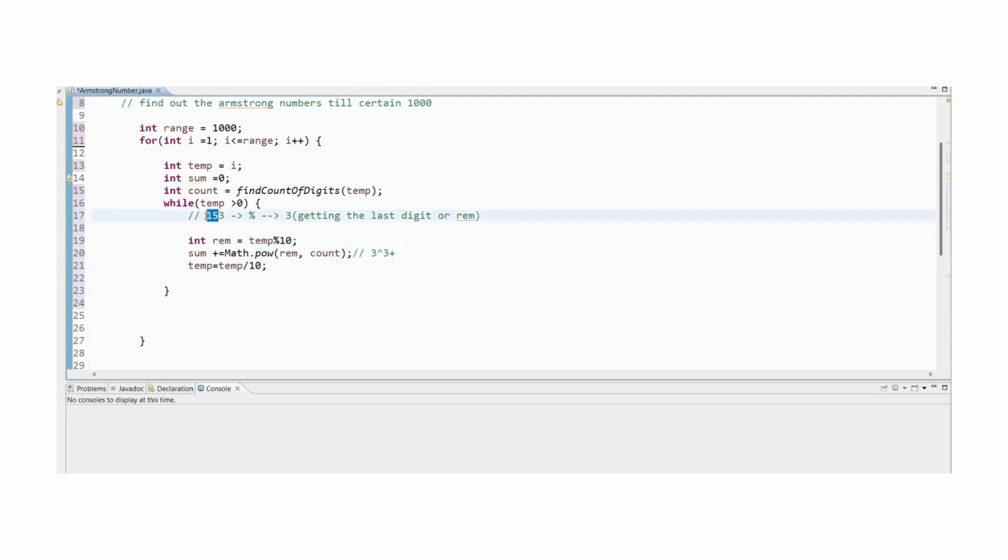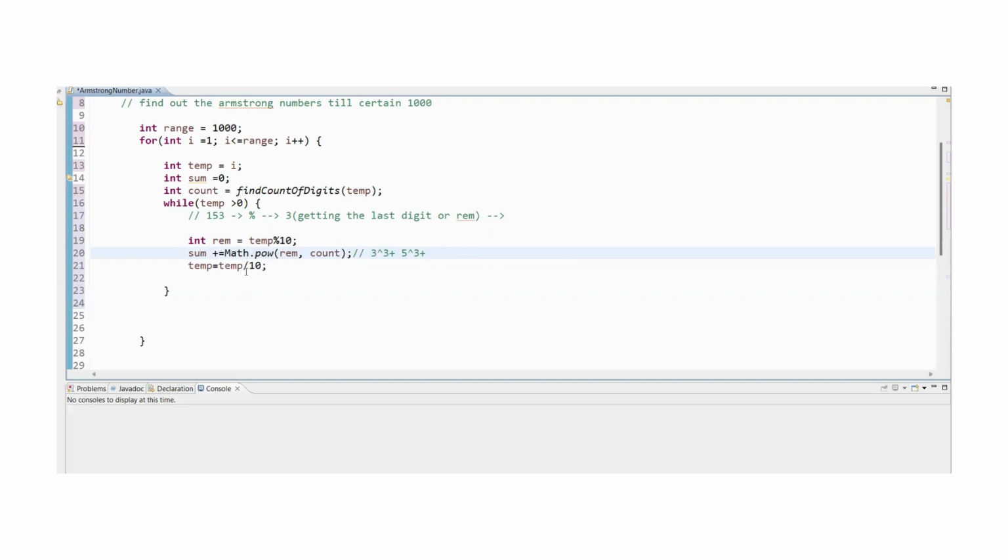Now it will be 15. 15 is greater than 0. In the very next iteration, 15 mod 10 is going to give us 5 as a remainder. The next digit is 5, and the count will be the same for everything. So 5 power 3, plus